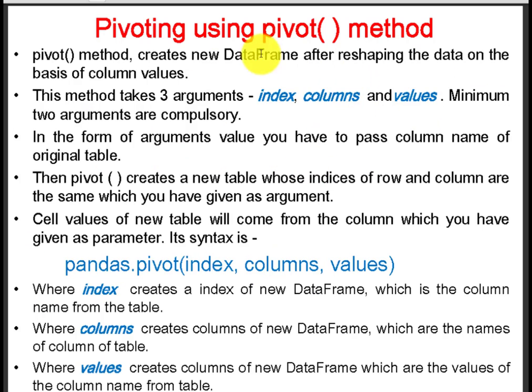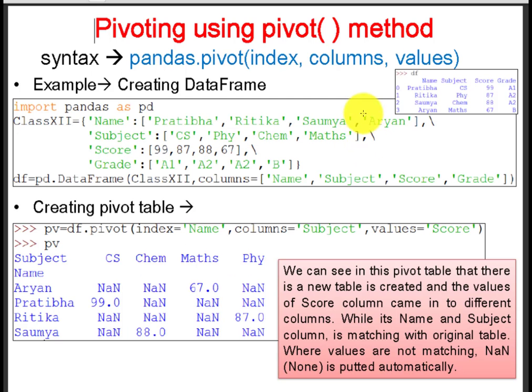So with this definition, you all understood the pivot method, and now see the example of the pivot method. This is the syntax. First you have to use the pandas object dot pivot method, and you have to